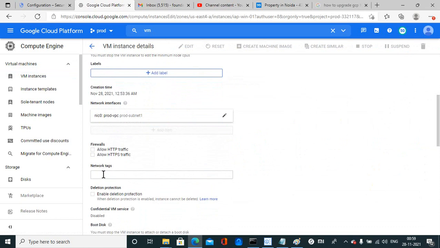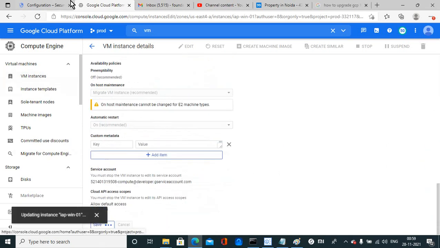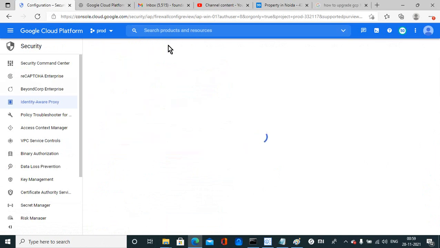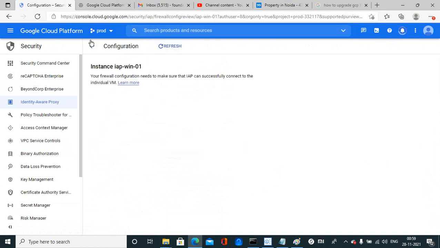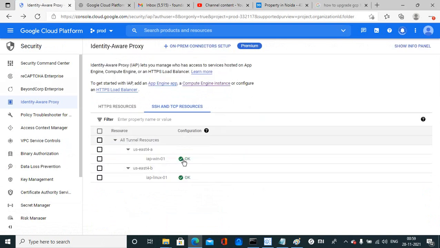You need to apply the tag IAP FW, and once you have applied the tag here, just refresh this button and the error will be gone from the screen. Now both are showing green, the configuration is showing okay.